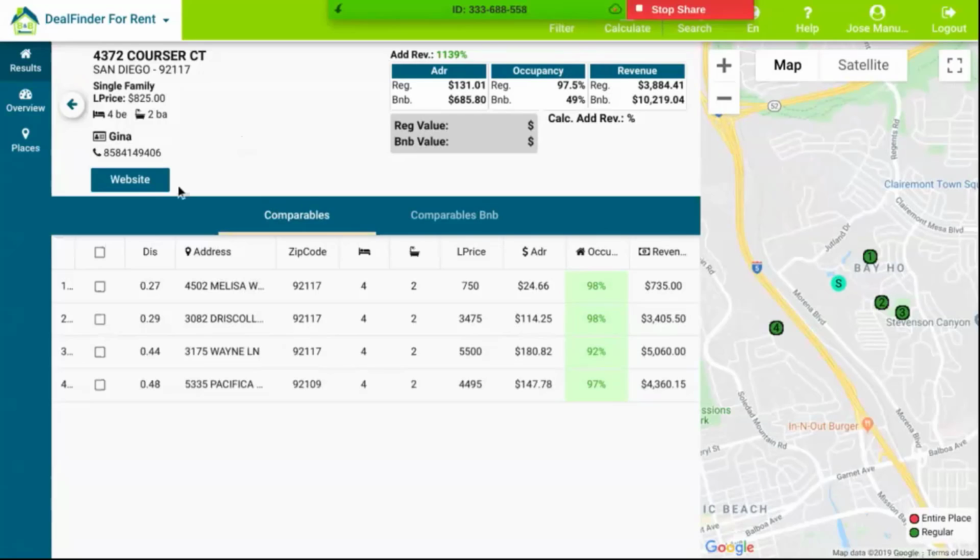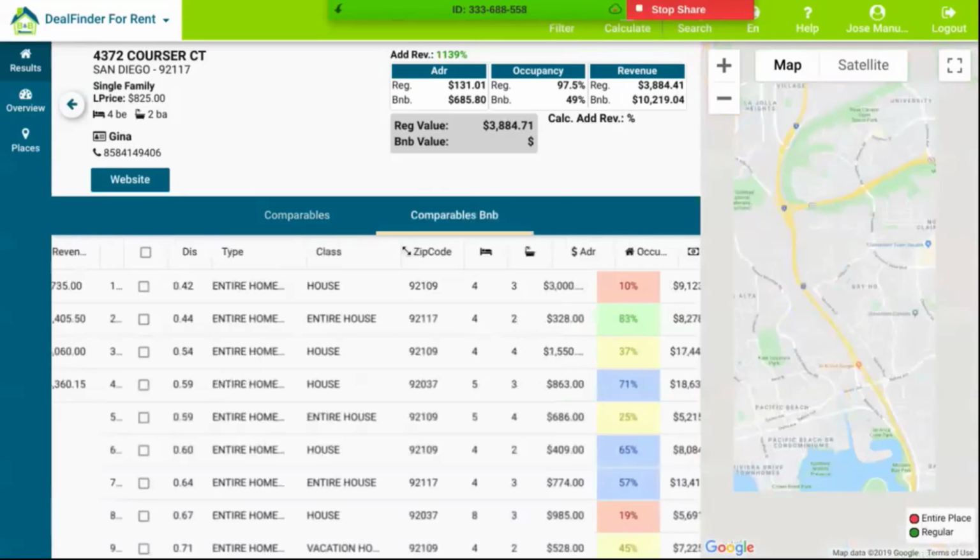So now, if you want to check all of the numbers, again, here we have it. All of the properties are 4.2s. Okay, so that's something that I want to keep. I can select all of the properties and click on calculate just to make sure. Here we have exactly the same number that we had before. This is the amount of money that I can be making with the property.